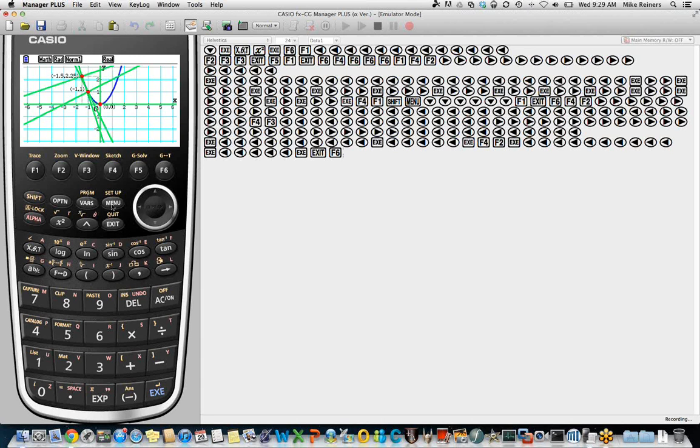And that's going to be a major, major factor if students ever get into anything like linear algebra, a study of vectors, which seems to be creeping more and more into the high school curriculum and especially into calculus, dealing with vectors and dot products and things like that. The idea of a normal line becomes very important. So let's clear that sketch and look at the next option inside the sketch menu, which is inverse.